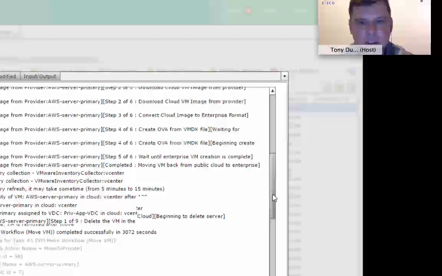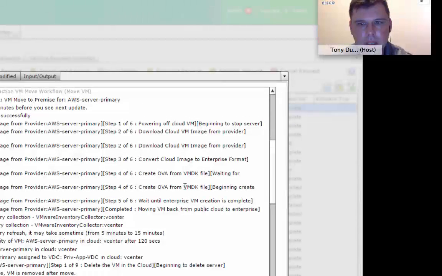As you can see, we needed to power off the server in AWS. Then we downloaded the image from the provider in AMI format. Afterwards, after we converted, we have a VMDK file that we can now migrate to the customer's